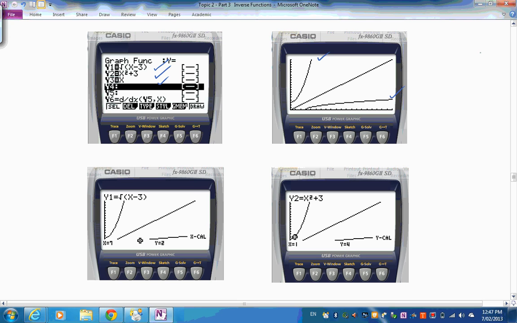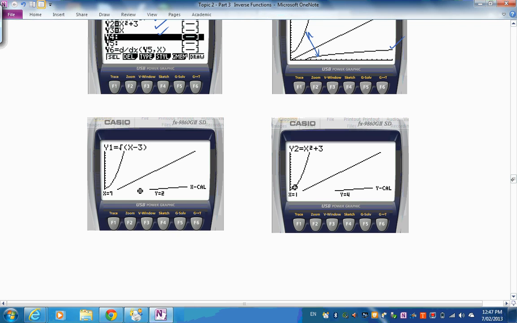I've used here the view window setup, not square, so you don't quite see how that's a perfect reflection due to the different scale size on the X and the Y axis here. So it doesn't look perfect where I haven't squared up the window. You can actually check points, however, because if you go shift F5 to in here, G-solve, go up there, you can actually do an X-calc